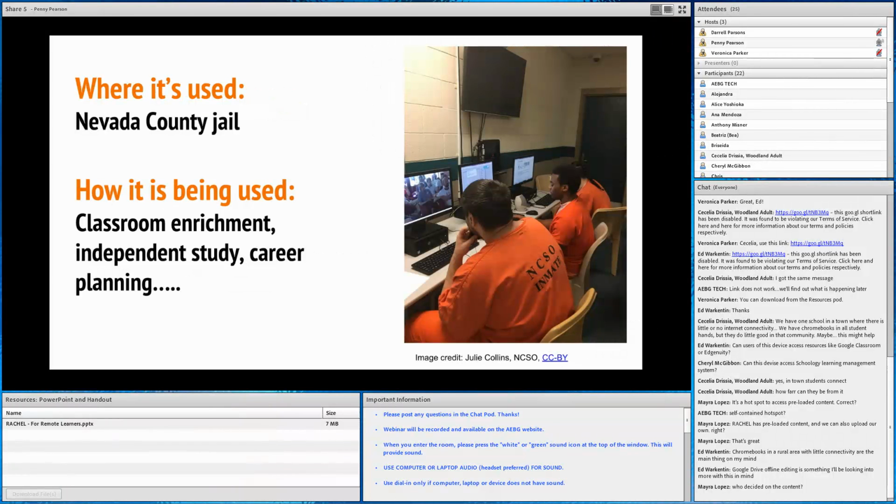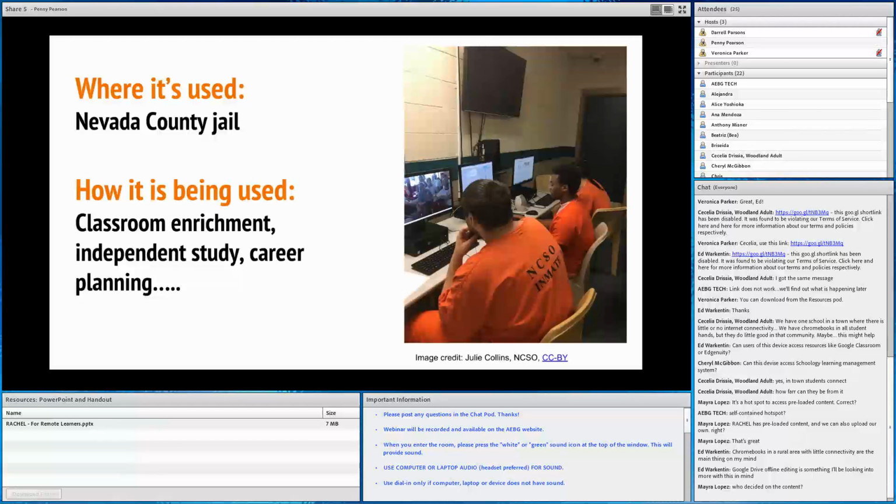So what she was looking at is using Rachel at this facility, and she started out really gently. She was like, here's what's here. This is for you to explore. Let's give you some options if you're doing some independent study. I think what she found surprising was the career planning, how they were looking at some interest, like I'll call them interest inventories. That's not what they call it, but it is a way for individuals to kind of determine where their interests may lie for a job, etc.